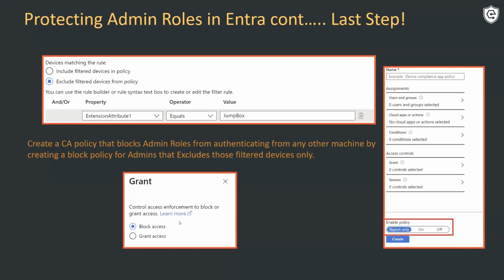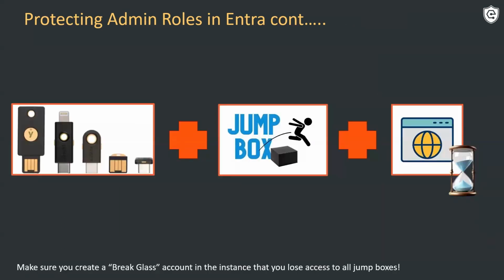So it's pretty easy to see all the different attempts at this policy. And again, the last thing you'll want to do is make sure you have a break glass account. So go ahead and the next slide for me, Brian. So once you have that break glass account, definitely set up some alerting on it. Store it away, make sure it's excluded from the CA policy, has that conditional access administrator role only. And then once you're done, you have a secure device, a secure method for logging in, and a session limit. With this in place, it's much more difficult for a bad actor to gain administrative rights into Entra and do a lot of damage. So that's all I got there, Brian.